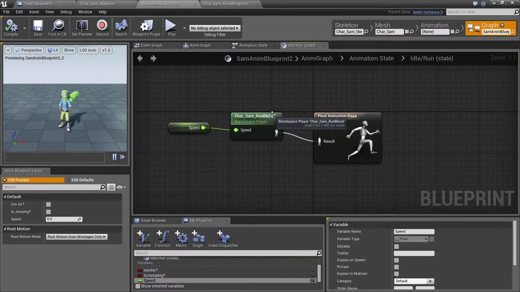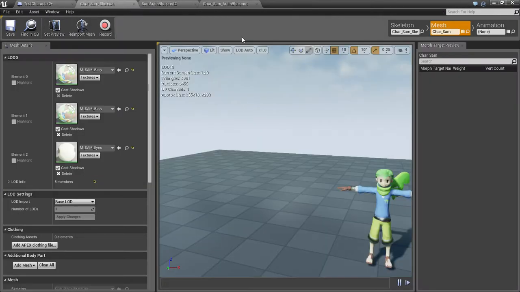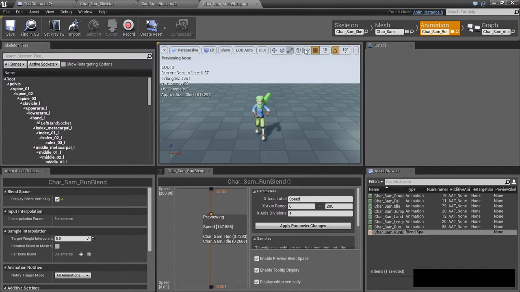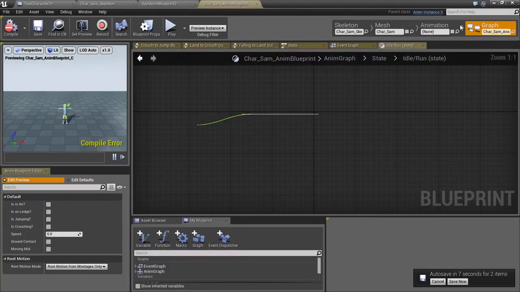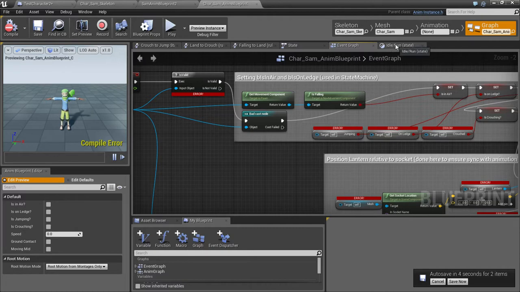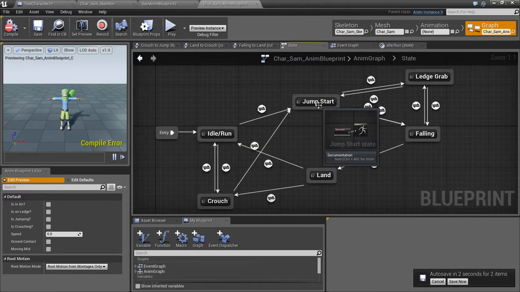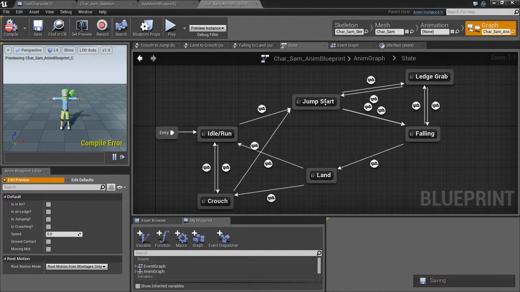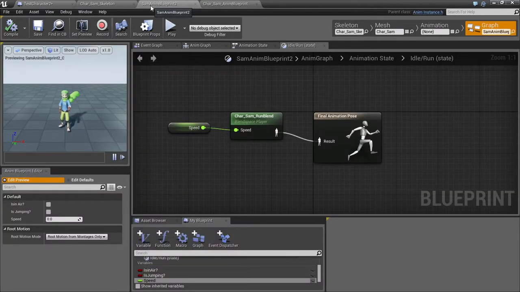So, what do we have next? That's our first piece of the state machine. Oops. We need to go to the graph. Oh, no, we want to go back to the state machine. Now, jump start. This is our animation for beginning a jump. This is a sort of crouch and leap animation. So we'll